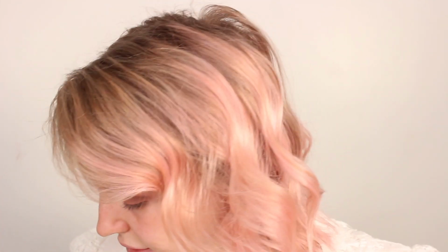Now for a little bit of winged liner. So the other day I put on my Instagram some suggestions on a new liquid liner. I love a pen, so I wanted to go for a pen because my version had run low and I wanted to try something different because I've used this for years. And a lot of people said the Too Faced Better Than Sex liquid eyeliner was really good, and I'm actually